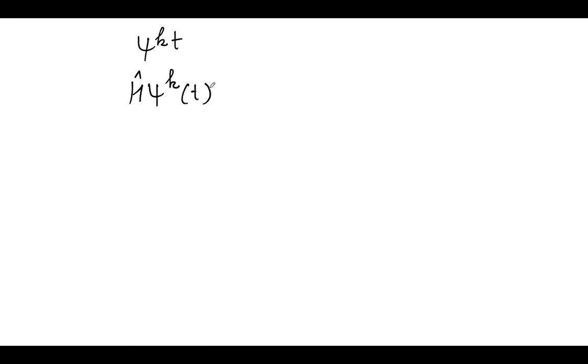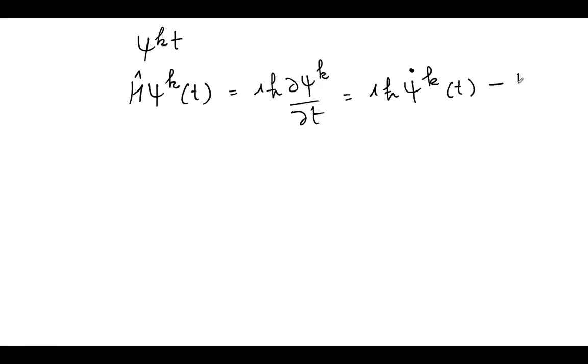If I apply this energy operator to this wave function, the equation becomes i h bar ∂psi k/∂t, which I can also write as i h bar psi dot, where the dot represents ∂psi/∂t. Let us say this is our equation number 1. Now if I introduce a complete set of orthonormal functions, phi n,